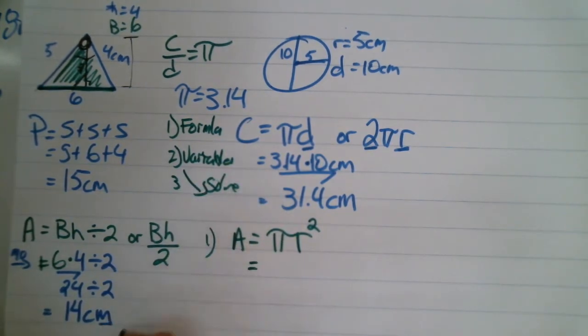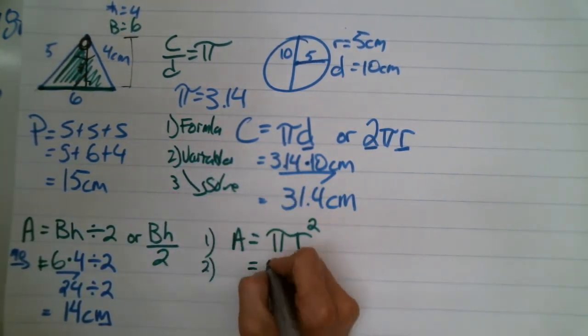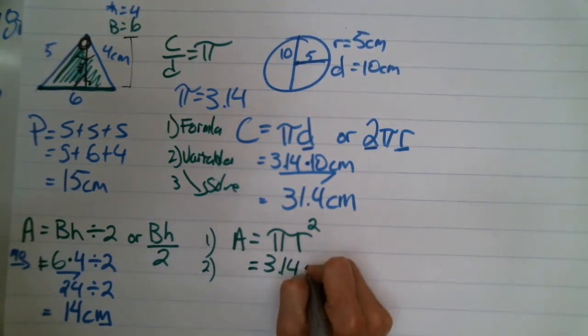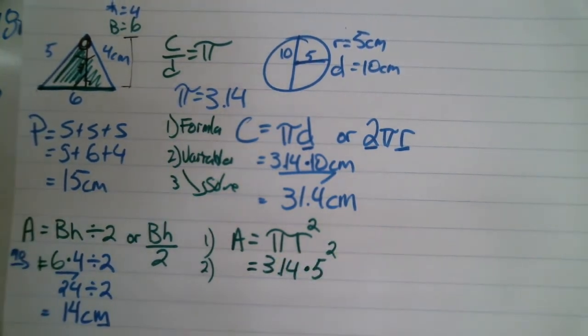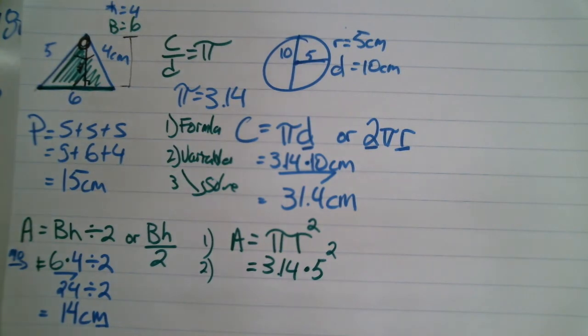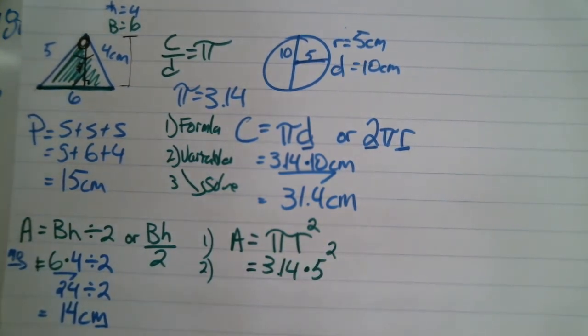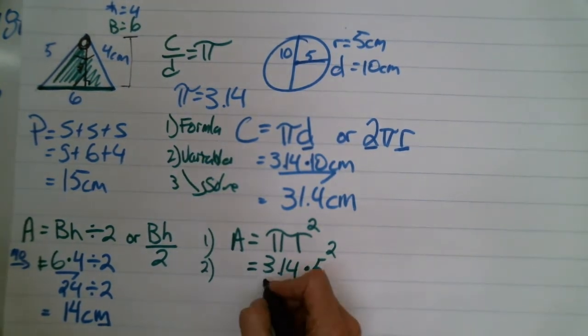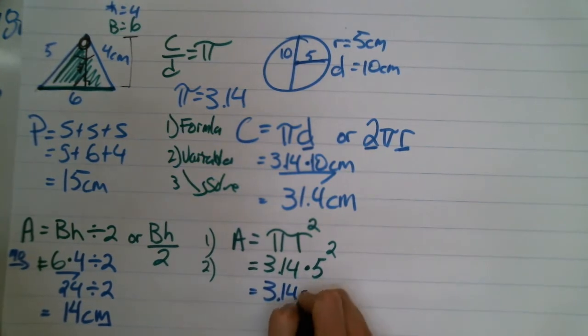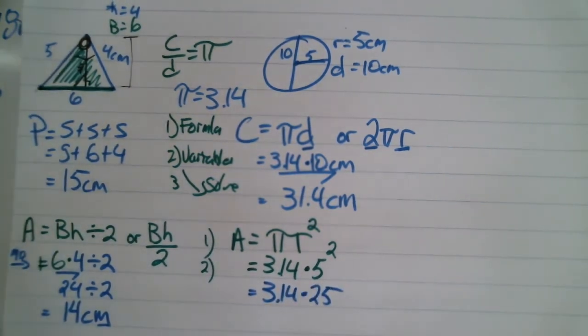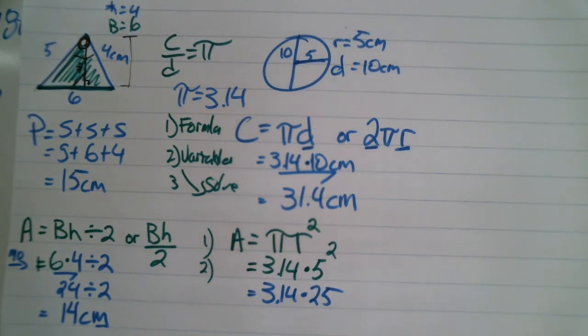So I have my formula. Number 2, fill in the variables. 3.14 times 5 squared. Now, in order of ops, what comes first? Is it multiplication or the exponent? It's the exponent. So now I'm going to go 3.14 times 25. I just happen to have my handy dandy calculator here. 25 gives me 78.5 equals